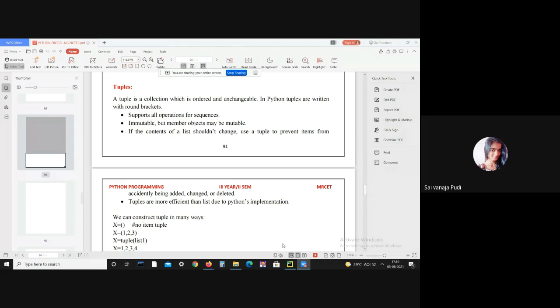Coming to the definition, a Python tuple is generally used to store a sequence of immutable Python objects. The tuple is similar to a list, except that the values of the items stored in a list can be changed. I already explained that in a list we can change elements: we can insert, add, append, delete, remove, everything. Whereas the tuple is immutable, so we can't perform such operations on tuples. This is the major difference between the tuple and the list. Okay, this is all about the introduction to the tuple.